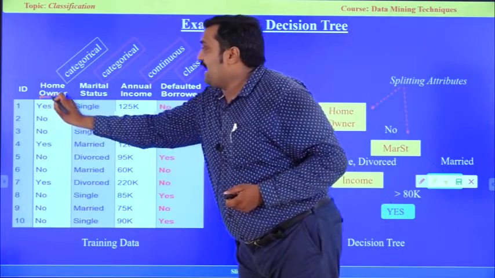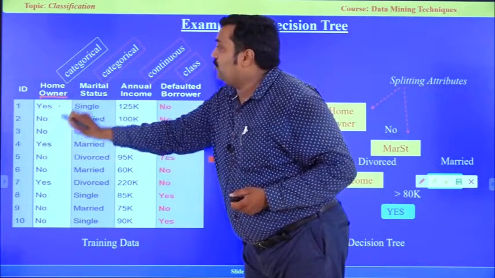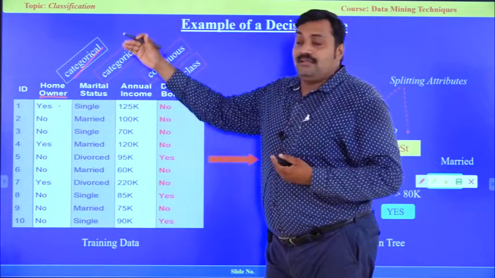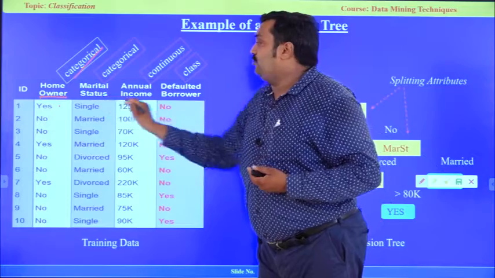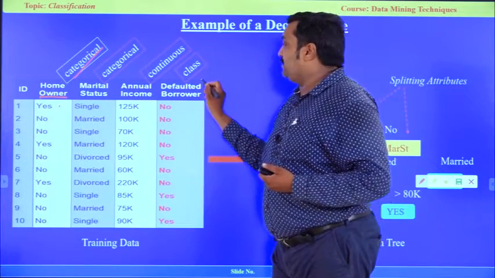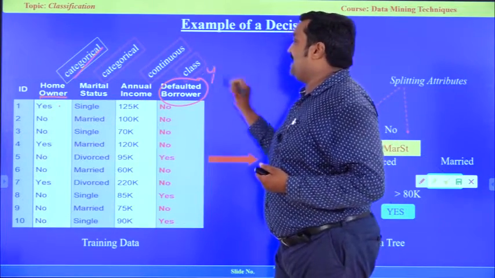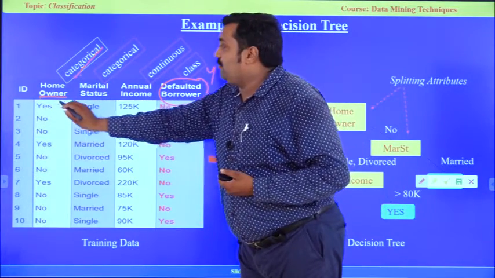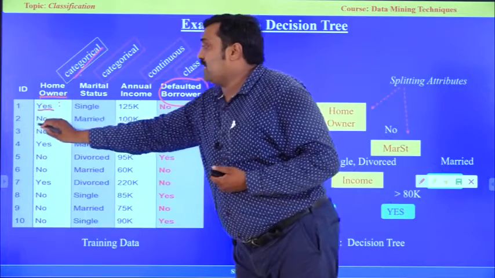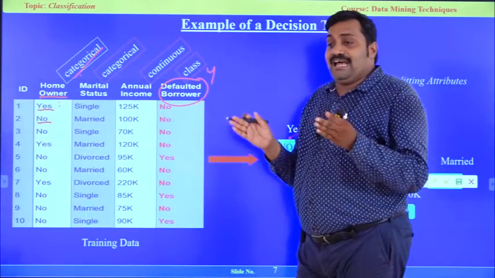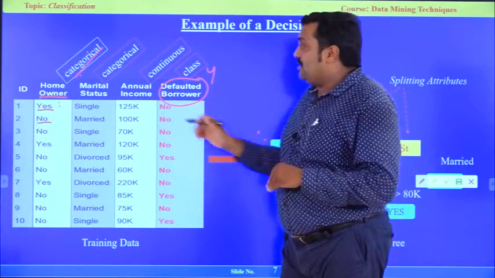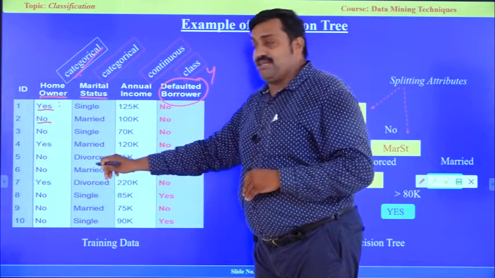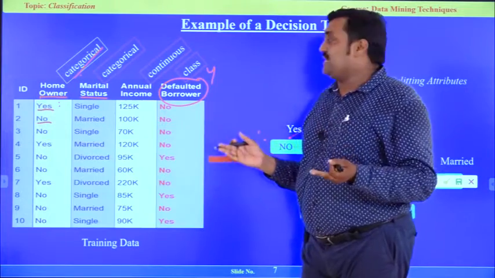What kind of attribute is home owner, yes or no? That is categorical, which means we are going to categorize. Previously I mentioned attribute 1, attribute 2, attribute 3, attribute 4, and the last one is the Y, that is the class, yes or no. So it is a categorical variable, because we have yes or no values. That means we are able to classify the class as yes class or no class. Marriage status, I can classify as single, married, divorced. That means again we can categorize.